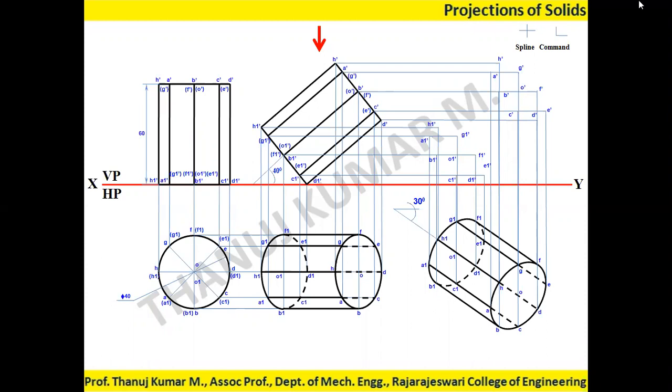So if you have both these things, make sure that you delete this portion only. I'm talking about, say for example, A dash, this point. Here, for me, this end is an end point. This is the end point. If I take H, it's an end point. G is also an end point. But when it comes to B, it should not be an end point. It's an intersection point. So that should not be the case. All the points should be either an end point or an intersection point.